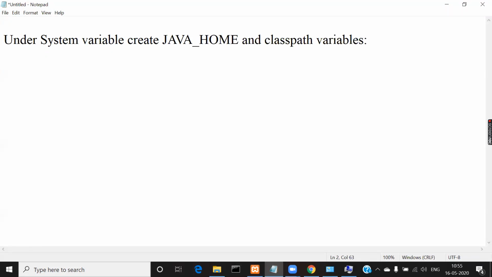The 2 variables you need to create: first one is JAVA_HOME. It should be in capital letters only, JAVA underscore HOME. Then the second one is the classpath variable, which can be in small letters. So 2 variables you need to create. What must be the value of JAVA_HOME?